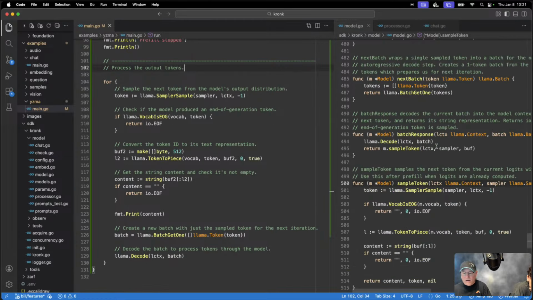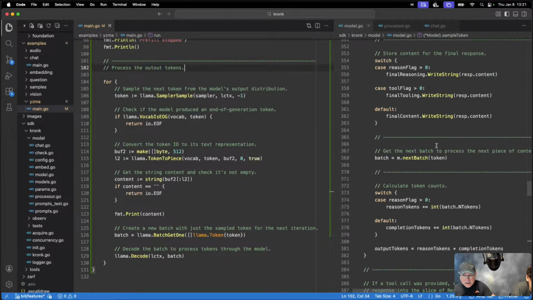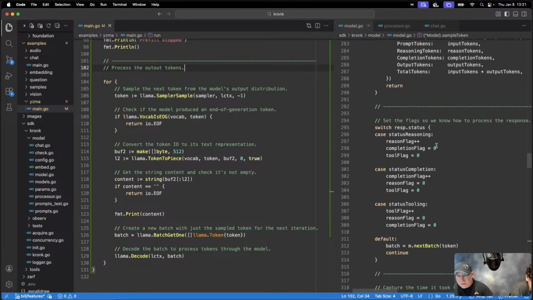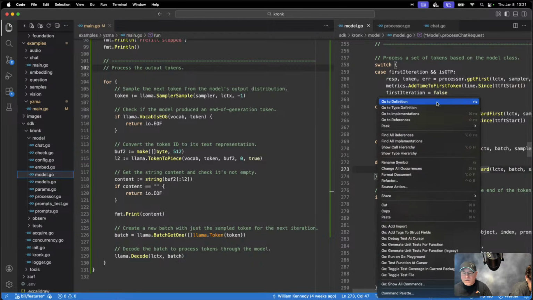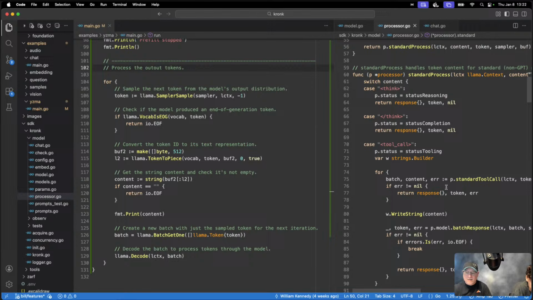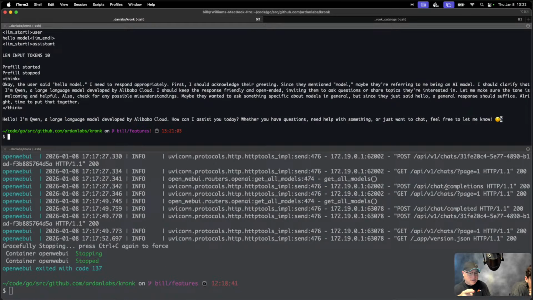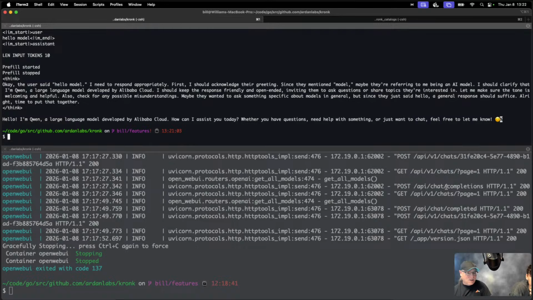And then a lot of this code now, right? So that's the core of everything. Mm-hmm. But now a lot of this code is post-processing. It's essentially reading what's coming out, like a think tag, and trying to capture that so it can create some structured responses around that. So when we do